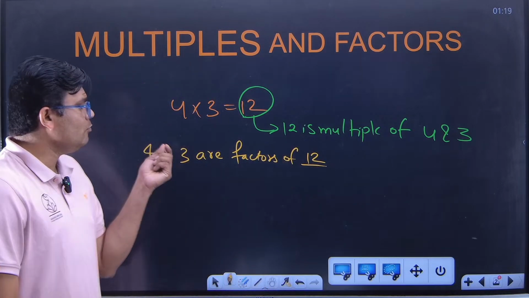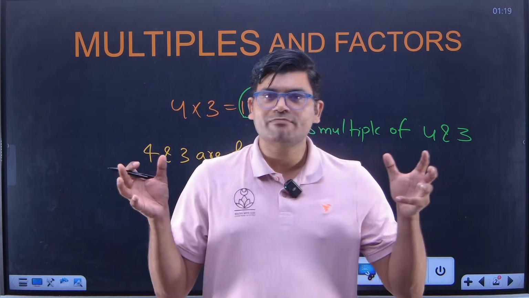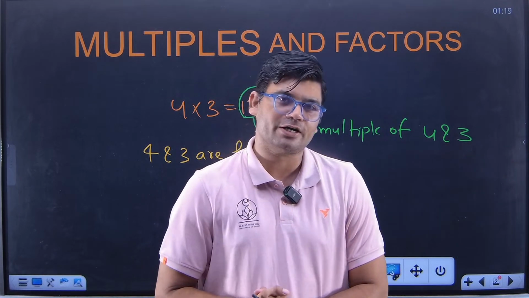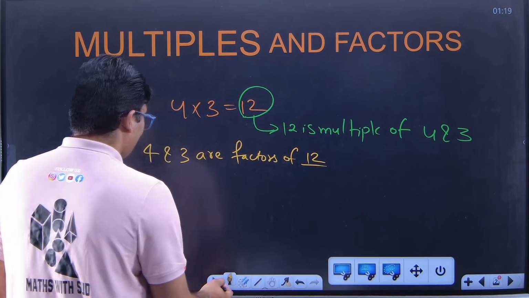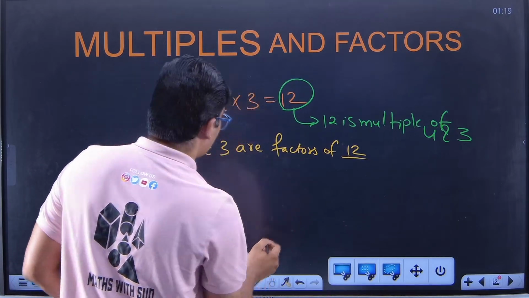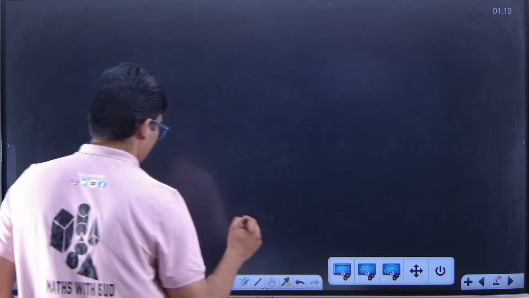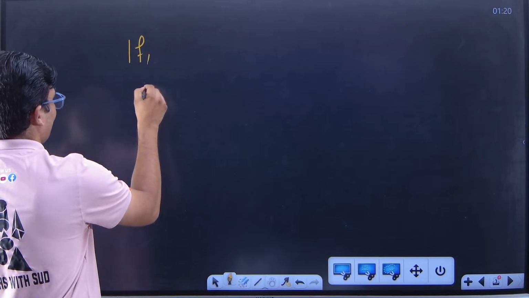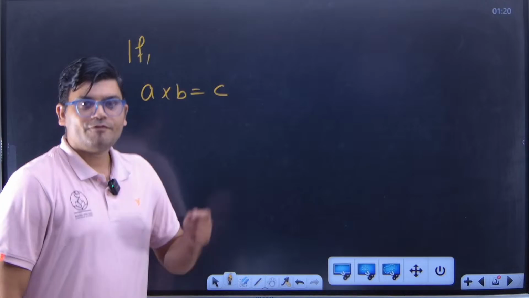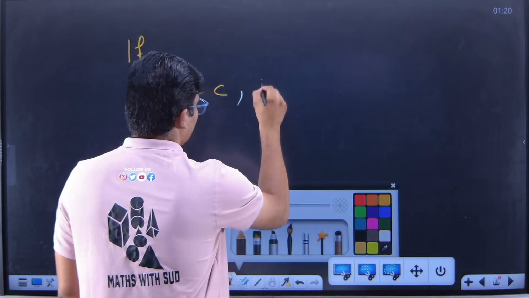So when two or more numbers are multiplied, the numbers which are multiplied are known as factors of the number which we get as a single product. That goes on with a large variety of numbers, not just for two numbers. So I can generalize that. If A into B is equal to C, then we can say